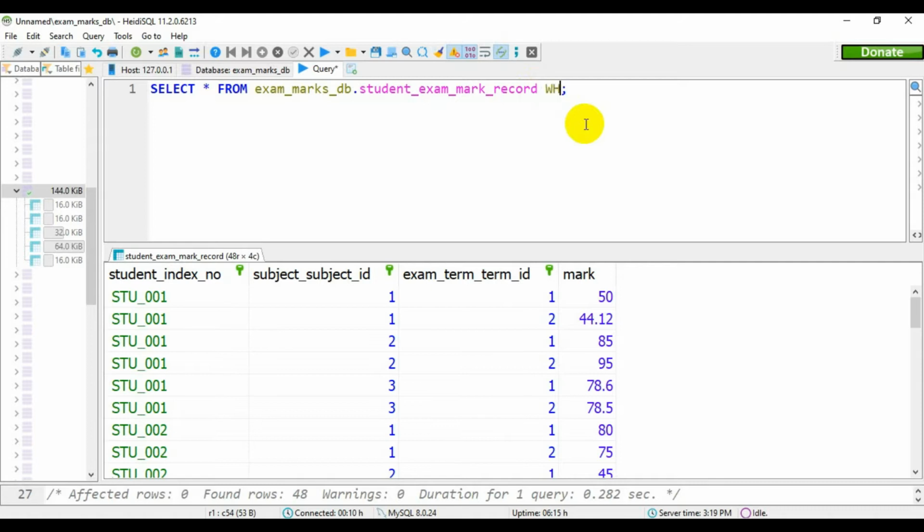So you have to give a condition then, where the subject ID, we have to select which subject has the ID of mathematics. So subject underscore ID